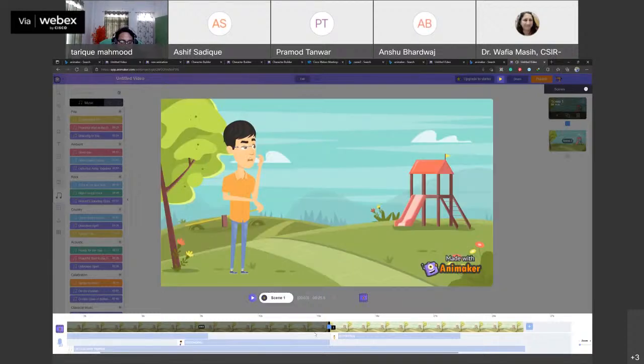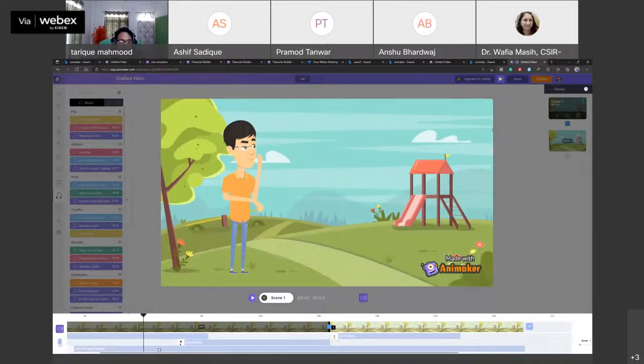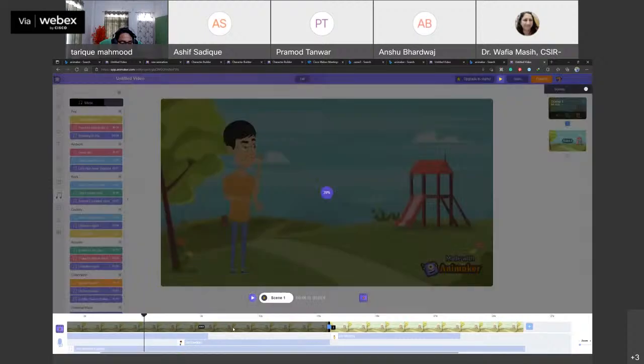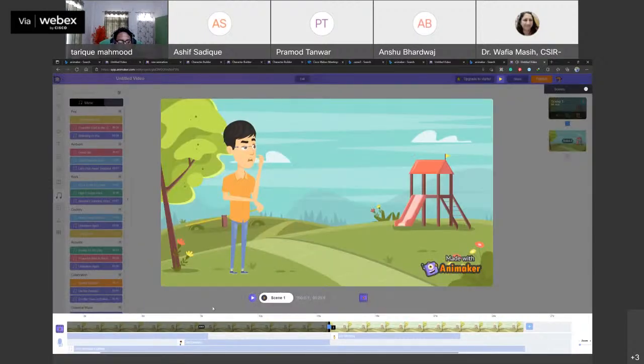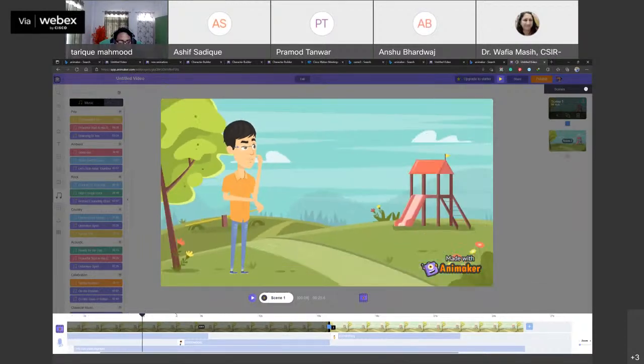अरे यार एनिमेशन सीखना था, कैसे सीखूं, कुछ आइडिया ही नहीं मिल रहा है। Let me increase the sound. अरे यार एनिमेशन सीखना था, कैसे सीखूं, कुछ आइडिया ही नहीं मिल रहा है, कोई अगर हेल्प कर देता तो अच्छा होता। क्या हुआ, क्या टेंशन में हो तुम, मुझे बोलो, शायद मैं तुम्हारा कोई हेल्प कर सकूं।